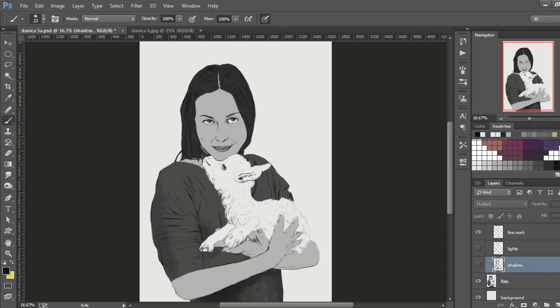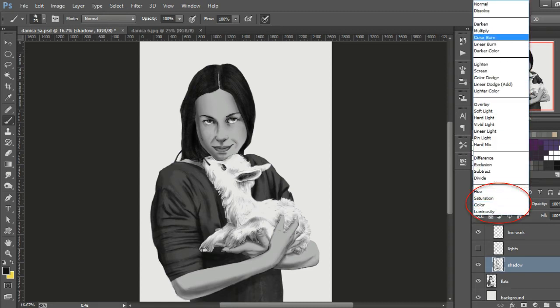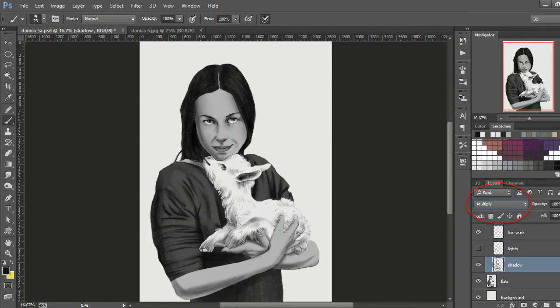Next up are the shadows. I like to use multiply blending method. You can find it here when you're working with shadows. All you have to do is select one color you like to use for that area.